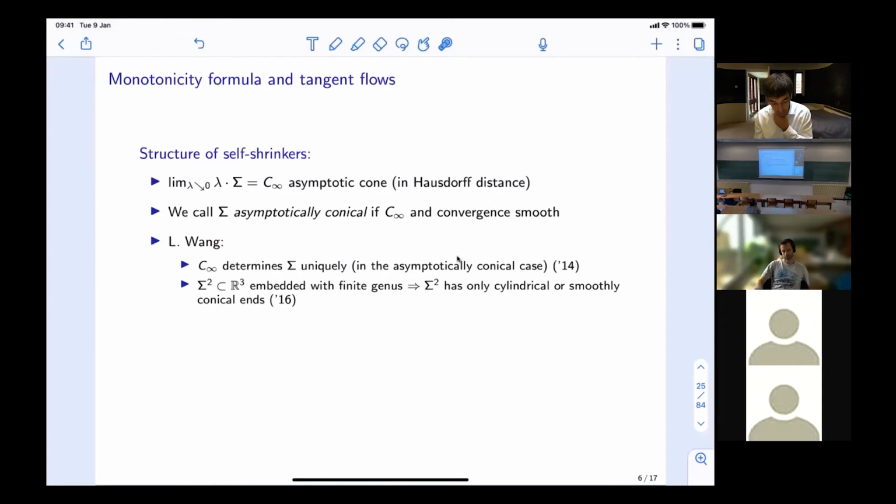The other very important result from Lu is that if you're in R^3, two-dimensional with finite genus and embedded, then the shrinker can have only cylindrical or smoothly conical ends. So this means, okay, so maybe